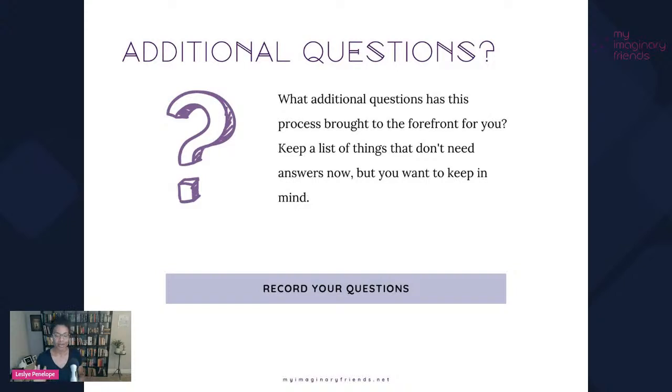And some of the writing is referring to those questions, answering them, figuring them out. Some of them don't need answers. Another way to not get caught up in all of this and make sure you're getting to the writing is prioritizing. So there's things I need to know, and there's things that I might need to know, but I don't need to know them now. So what do I need to know first?